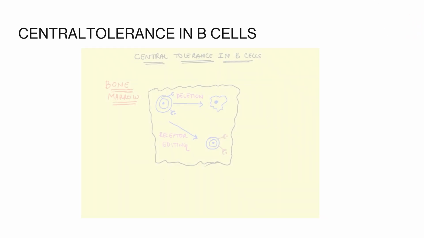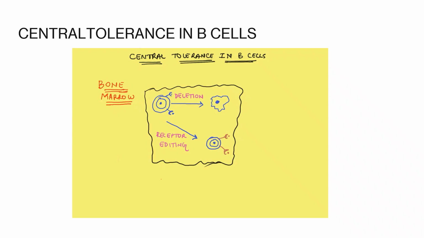Central tolerance takes place in B cell. In B cell, there is only a mechanism called receptor editing that takes place. So what is this receptor editing? Say for example, you have a developing B cell in the bone marrow. If it recognizes a harmful self antigen,